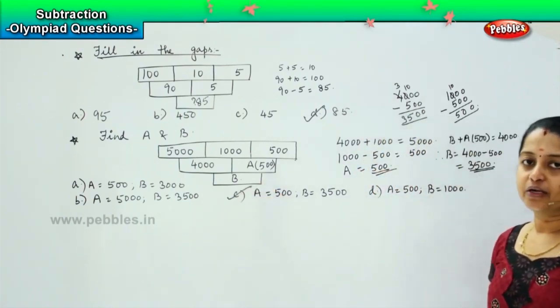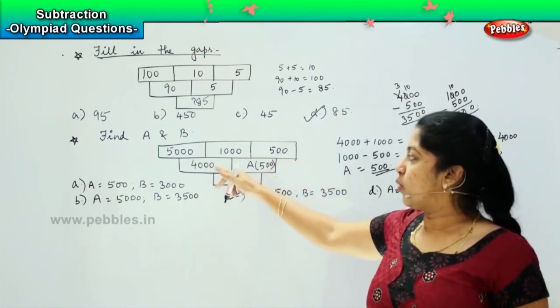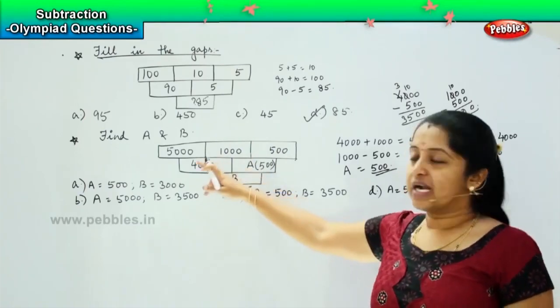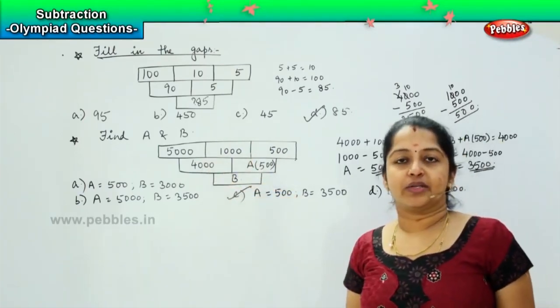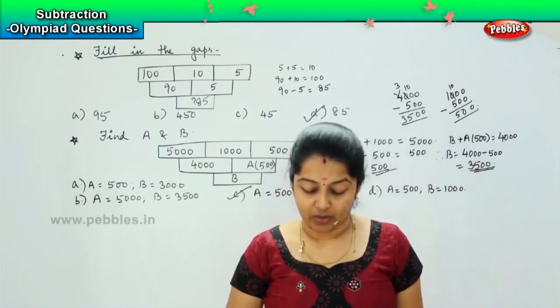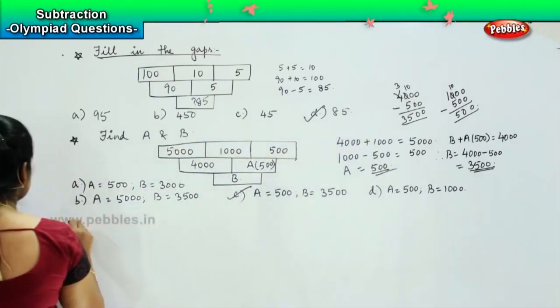So did you understand this pattern of question, children? When you get a question like this, you have to see which two numbers are added to get your sum. So once you understand the loop, it's easy for you to find out the other answers. Clear? Shall we move to the next question? Okay. So here is your next one. The question says,